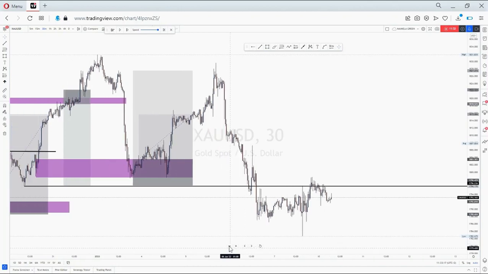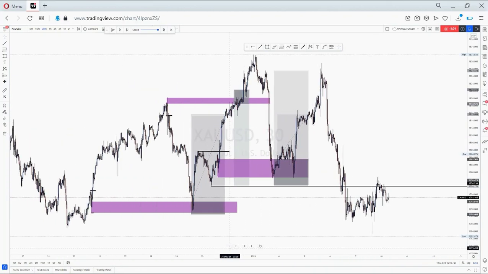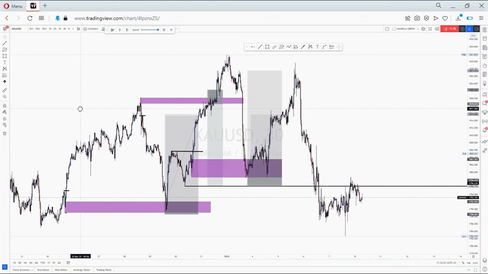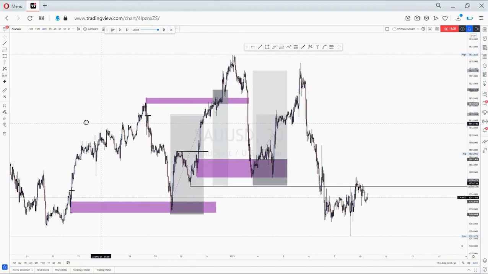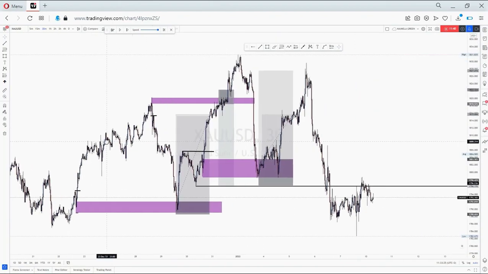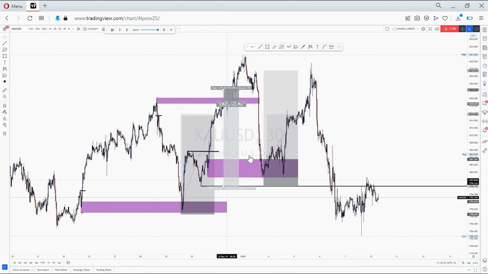Let me do it like this so that you can see where we come from. As you can see, this is where we come from here. This is the same movement. It's the same chart. We won 2 trades, then we lost 1 here, right? Then now, as you can see, the market has pushed down really hard here. Then they left us with these 2 highs here, right? So this here will be